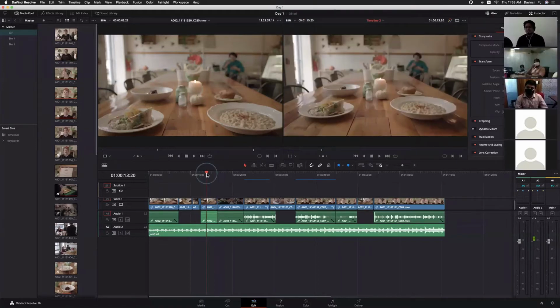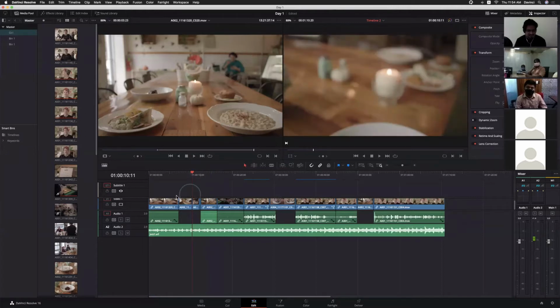Now we will see how to import a different timeline into our DaVinci project. Do you people deal with XML or EDL most of the time? XML. So you export Final Cut Pro XML from Premiere? Okay.